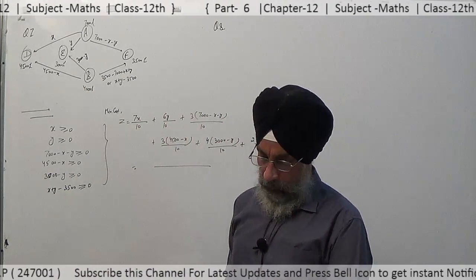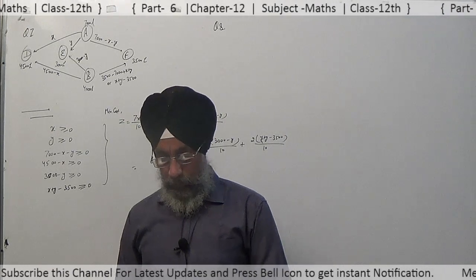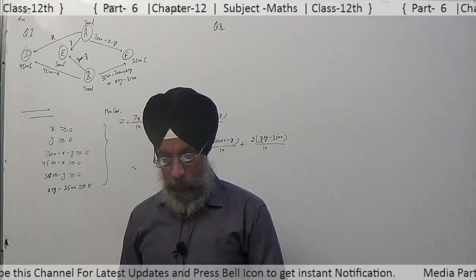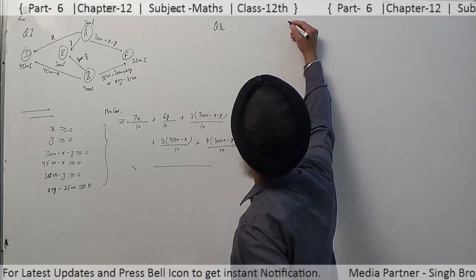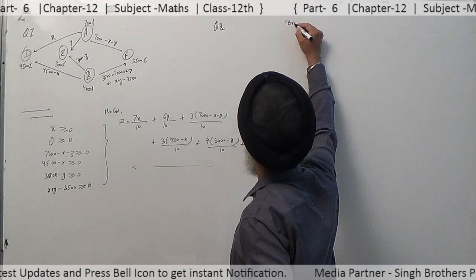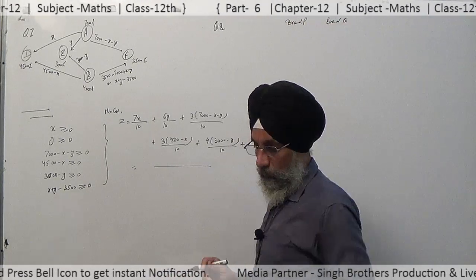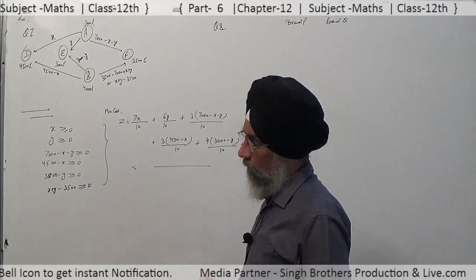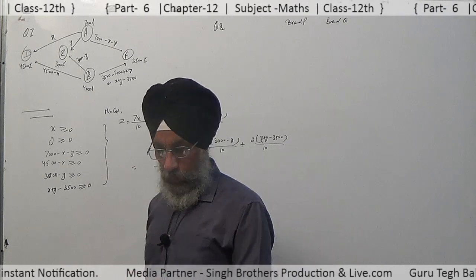In question number 8, a fruit grower can use two types of fertilizers in his garden. Brand P and brand Q are the two types of fertilizers. So make a table here for brand P and brand Q. The constituents are nitrogen, phosphoric acid, potash, chlorine.